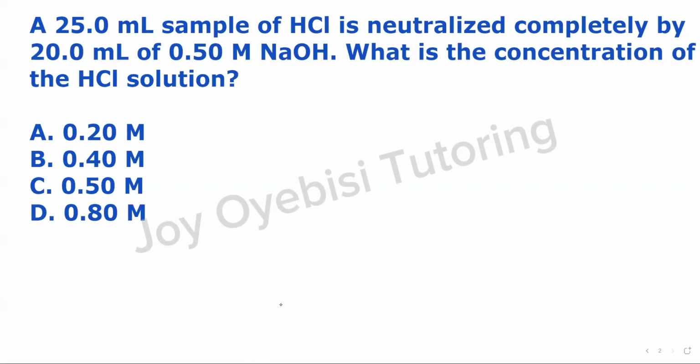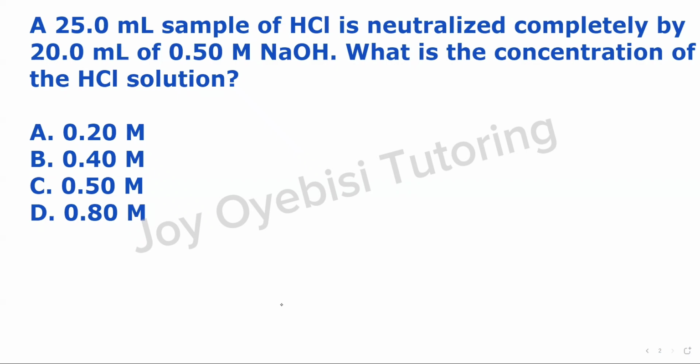In this video, I'm going to be showing you how to solve this neutralization question. It says a 25 ml sample of HCl is neutralized completely by 20 ml of 0.50 molar sodium hydroxide. What is the concentration of the HCl solution? So you can go ahead and try this and then continue watching to see which of the options would be